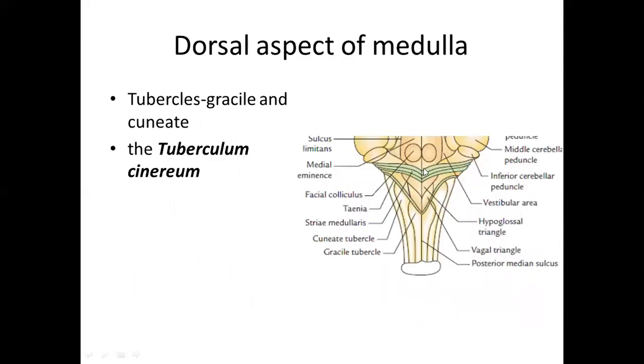Now this one is the dorsal aspect of the medulla. Over here we will get two swellings. One is the clava, which is constituting tuberculum gracile and cuneatus, and the tuberculum cinereum occupied by the spinal nucleus of the trigeminal nerve. This one is the opened up part. These are the stria medullaris. The lower part is representing the tip of the pen, so it is known as calamus scriptorius.